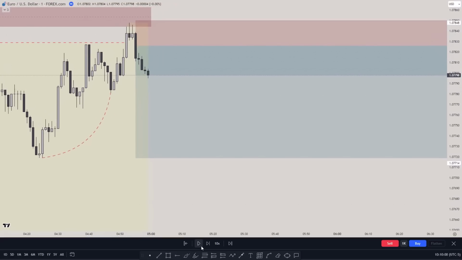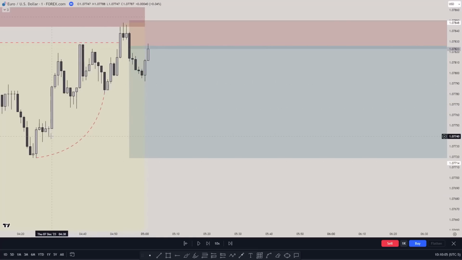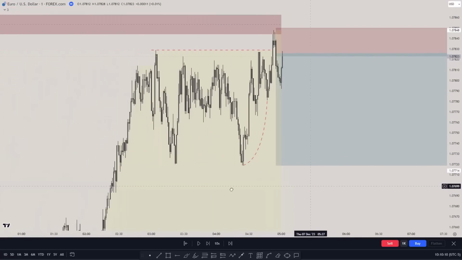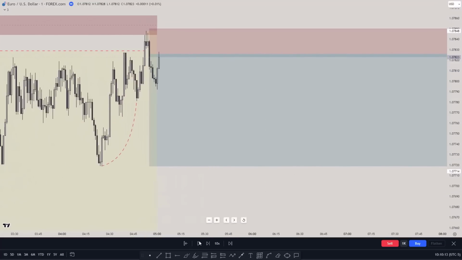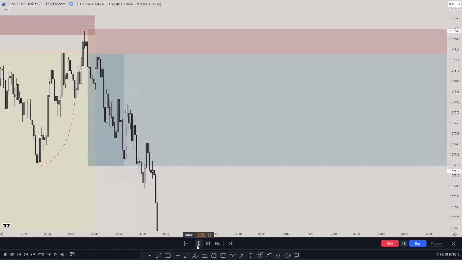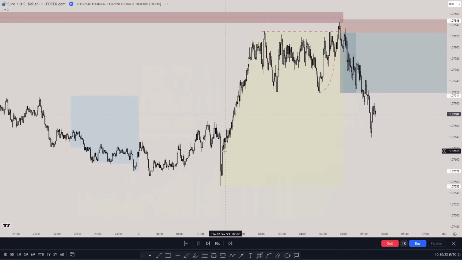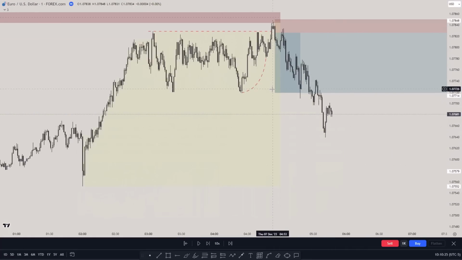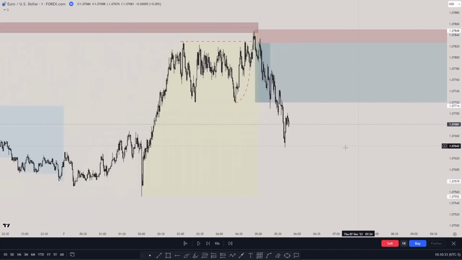Entering from here, and we can see that price, before taking any level of liquidity, this one, this one, this one, and this one, it went back into the level of liquidity. And this one is a 4.4 to 1. And we can see now, if we play the price action, price simply going lower, taking all those liquidity levels and going lower. So you could have gone for more take profits. We have this big fair value gap right here. So you could have gone for more and more take profits. For me, I was really confident with this one, so I stick with this one, but it could go lower and lower.